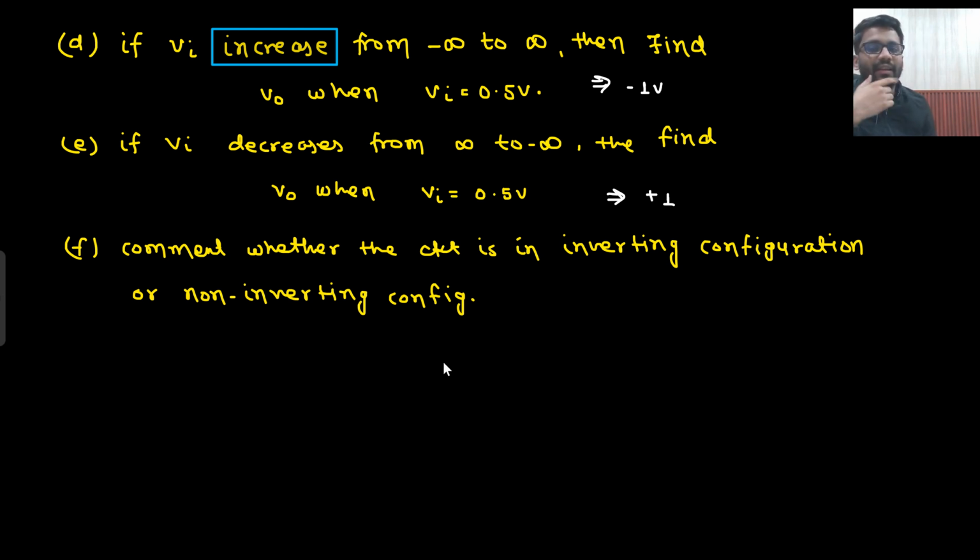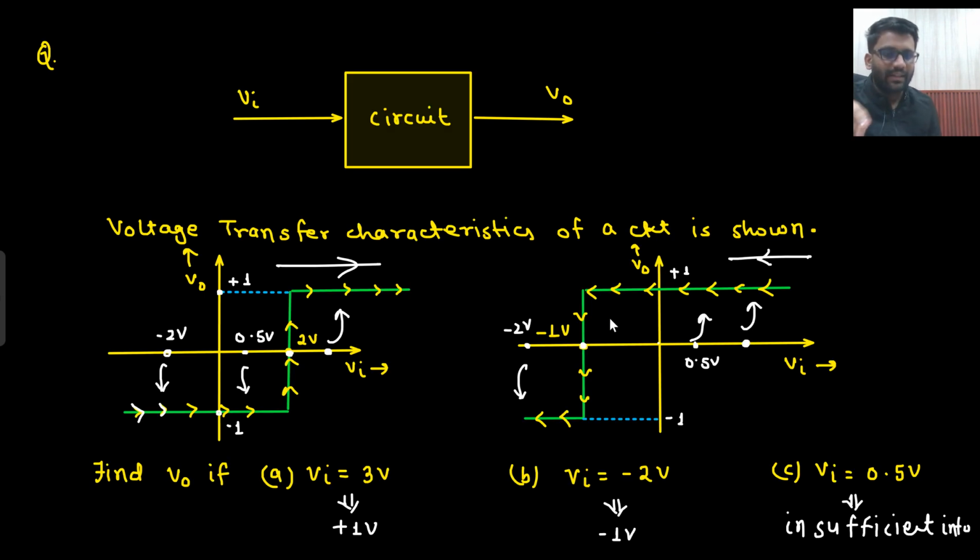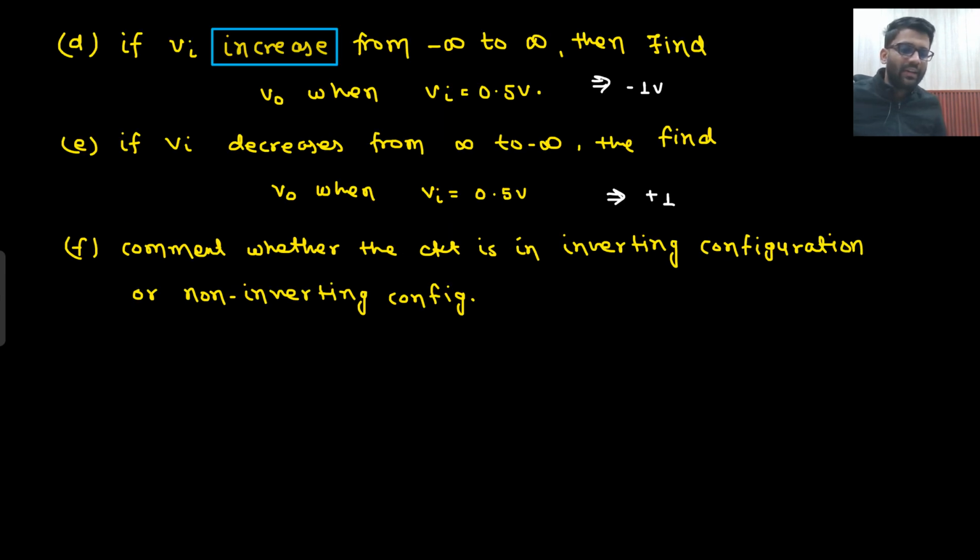Now the next question is saying, comment whether the circuit is in inverting configuration or non-inverting configuration. What do we mean by that? So first let's make these characteristics on one graph only. Here we made two graphs, right? Now we are just going to combine them. First I will make the graph where the transition is at